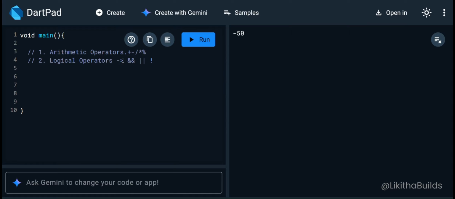So the situation when we use these: when you want to use the AND operator, with two conditions or two statements, both the statements should be true. When we want both statements to be true, or both conditions to be true, we use the AND operator. For example, let's take a